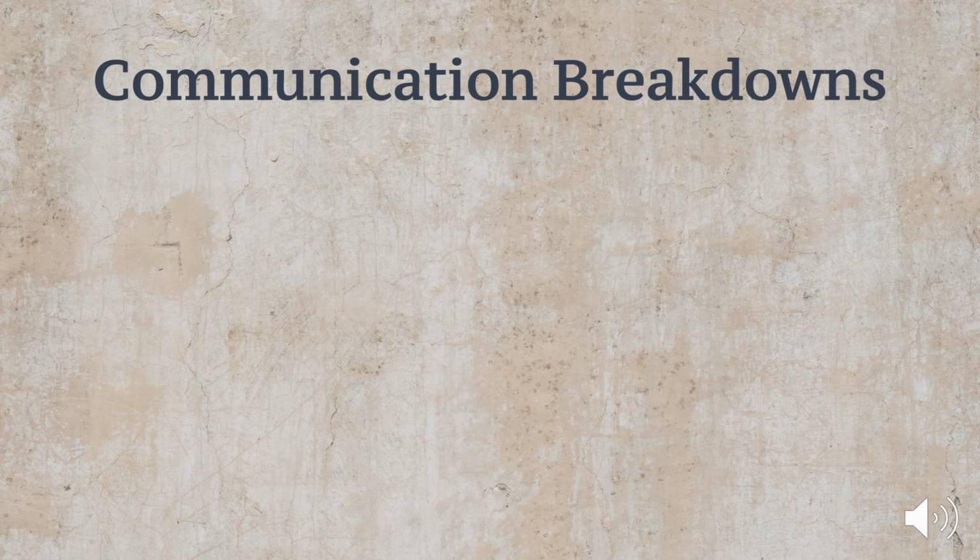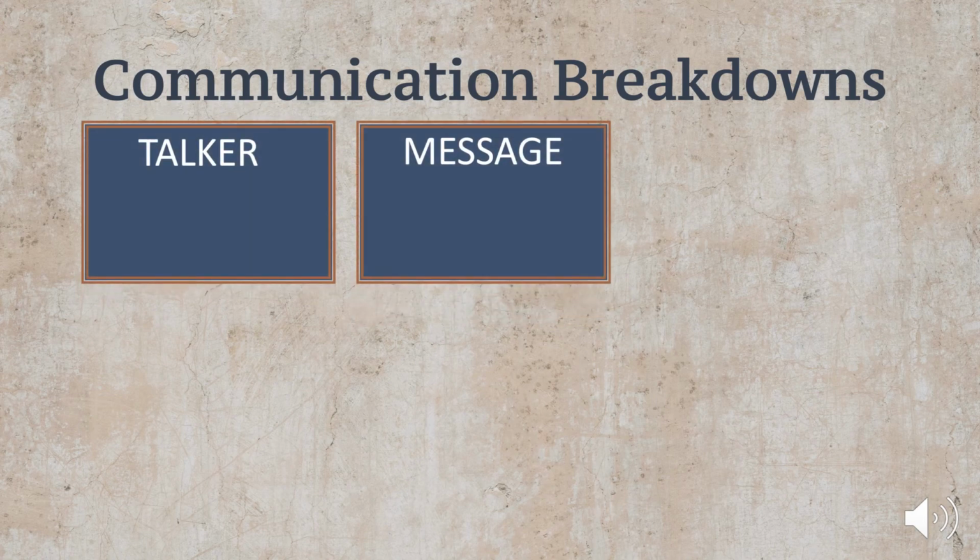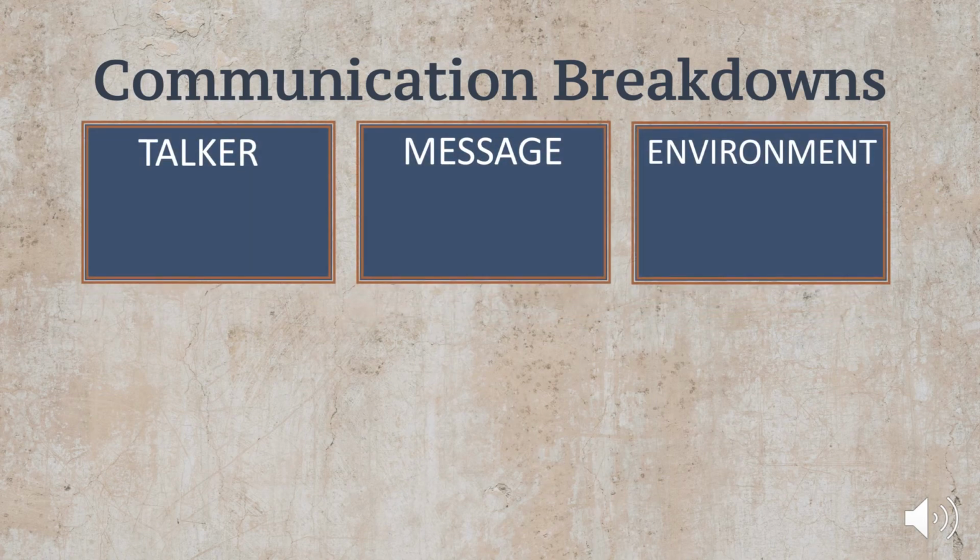Let's summarize what we've learned. When there's a conversation breakdown, it typically happens between talkers, within the message, or because of the environment. We can help with breakdowns between talkers by using first names to start a conversation, making eye contact, and slowing our rate of speech. We can help with breakdowns within the message by keeping the conversation focused on the topic